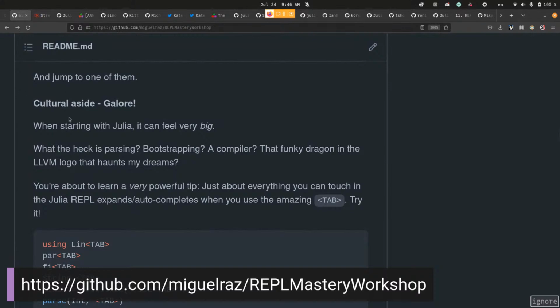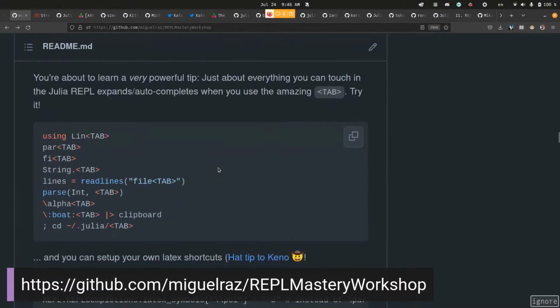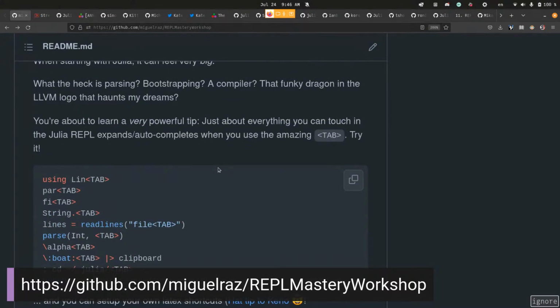When starting with Julia, it can feel very big. So we've seen that you can go into definitions that you've defined. If you know a function, then you can look it up. But there's still a lot of stuff. There's a lot of functions inside of Julia and inside of the packages that you import. So it feels like a lot. There's, I don't know, a gajillion functions that are defined, and there's a lot of funky stuff like parsing or bootstrapping and compiler stuff. You're not going to learn everything overnight. But you know what's really useful? It's really useful if you could at least know the stuff that is offered to you, or what is